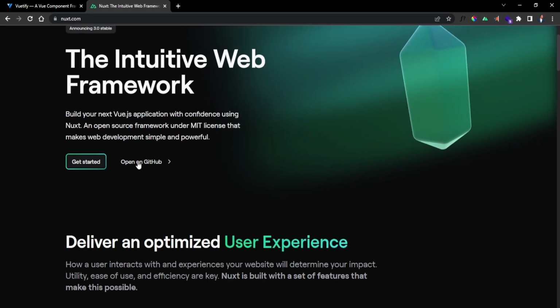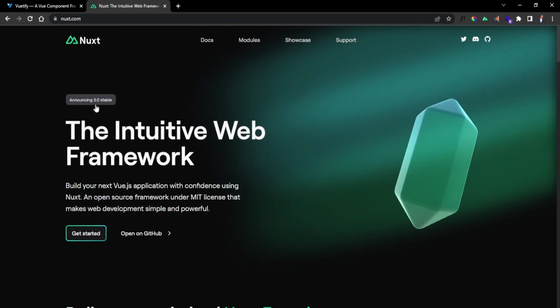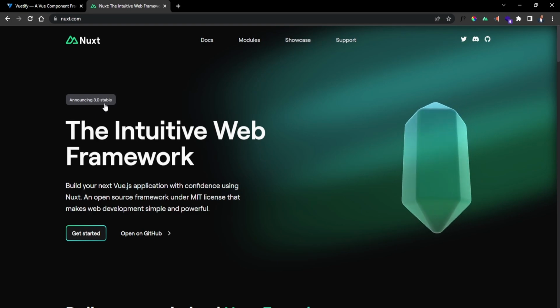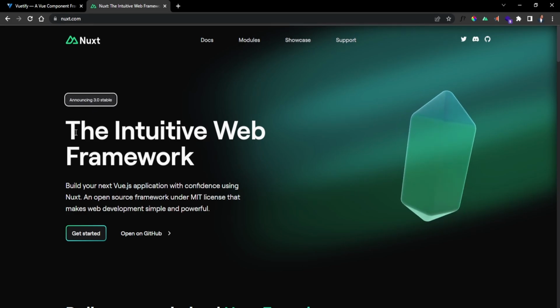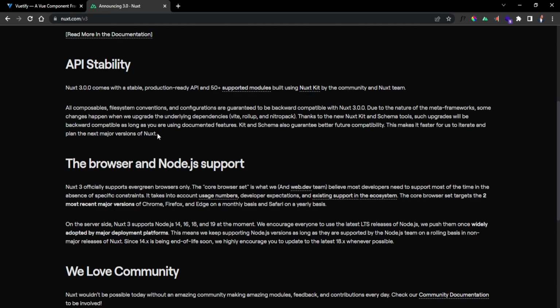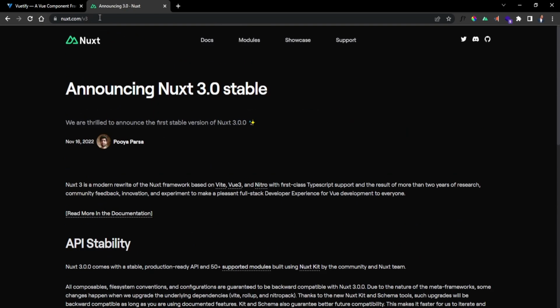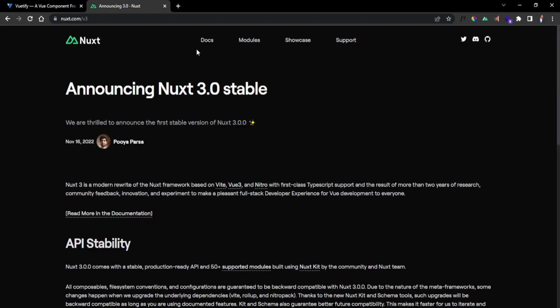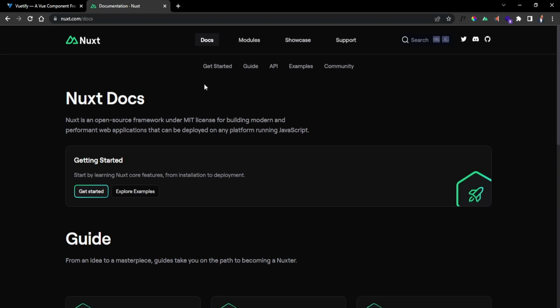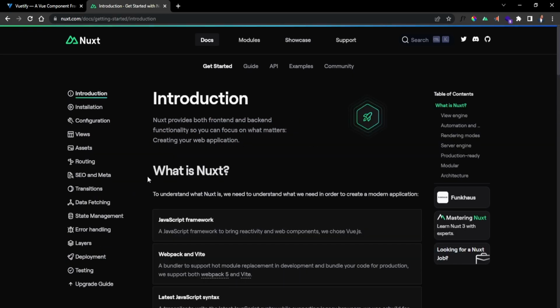As you know, Nuxt3 released their official version some time back, which is 3.0, the stable version. You can visit their website at nuxt.com and read the announcement if you want to learn more. So Vuetify3 is out, Nuxt3 is out, and to get started, we can go to the Nuxt documentation and go